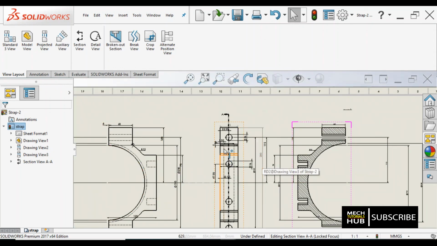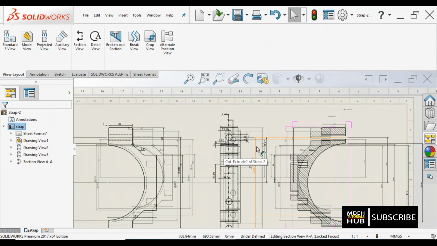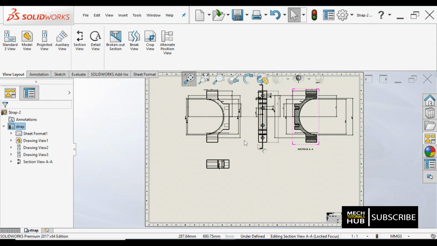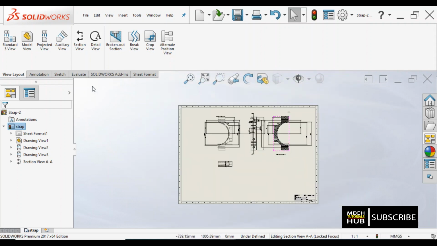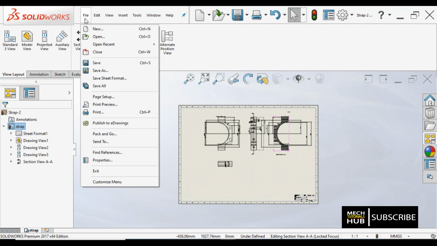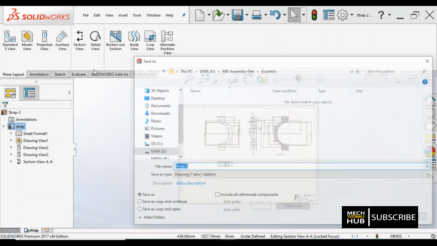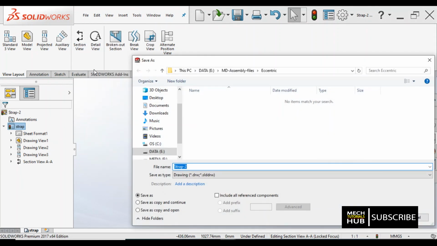This is how you develop different ways of developing a draft sheet, and also how to show the dimensions, how to make it bold, how to change the styles, dimensioning, sectioning, different types of sectioning. All these different options I would like to show you in this particular single video, which might help you out. Now other than what I did, I'll just go to save as.